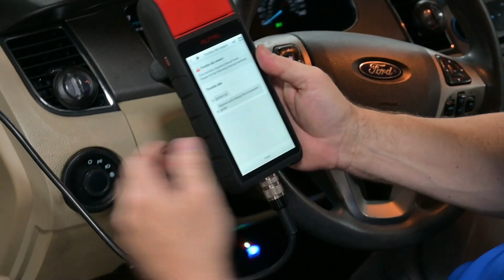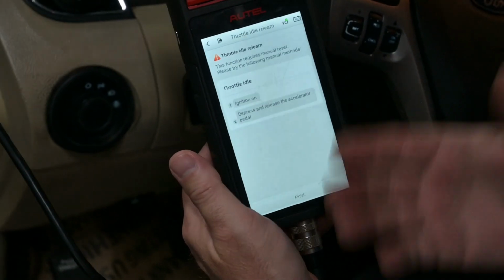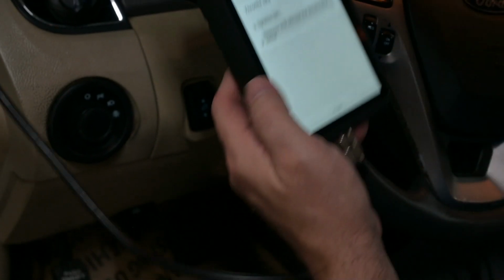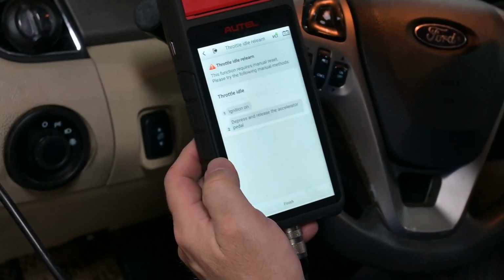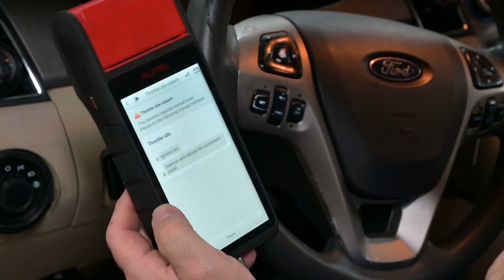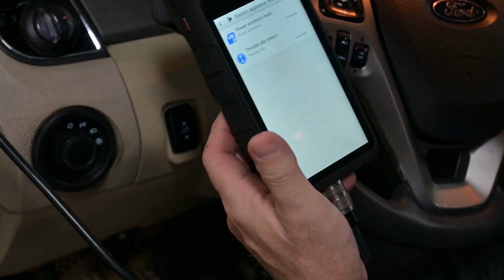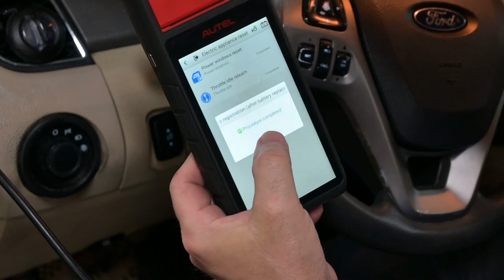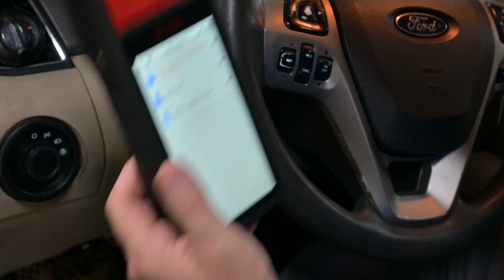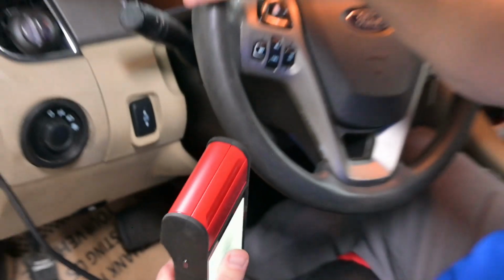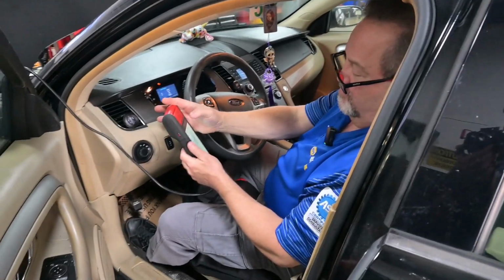Now we've got to relearn the throttle on the car. There's more to replacing a battery in some of these cars than it is just replacing the battery. So now the ignition on. We depress and release the accelerator. And now we've done it. We've done everything we need to do to register that battery. So now what we're going to do,